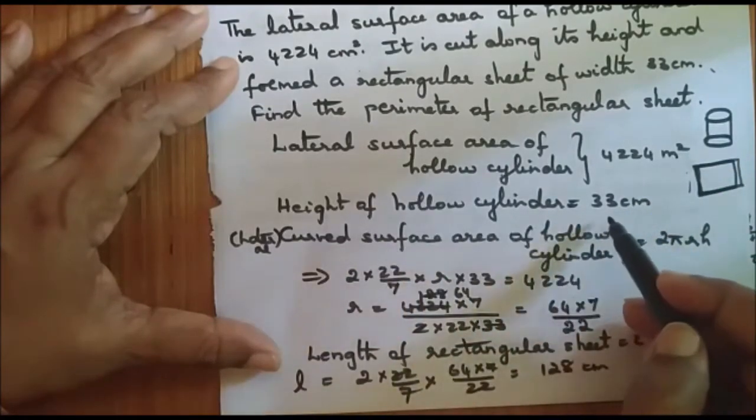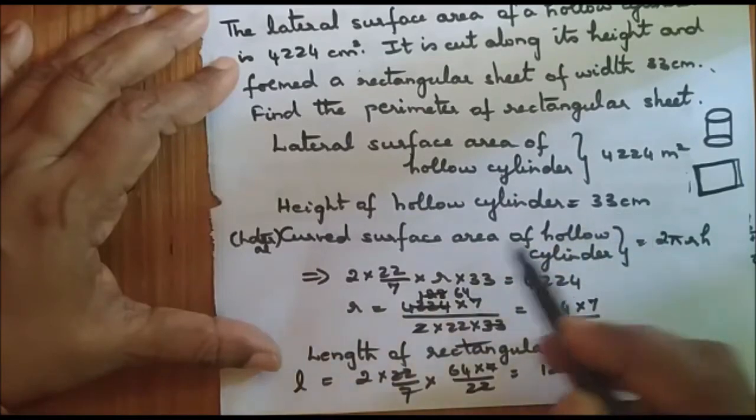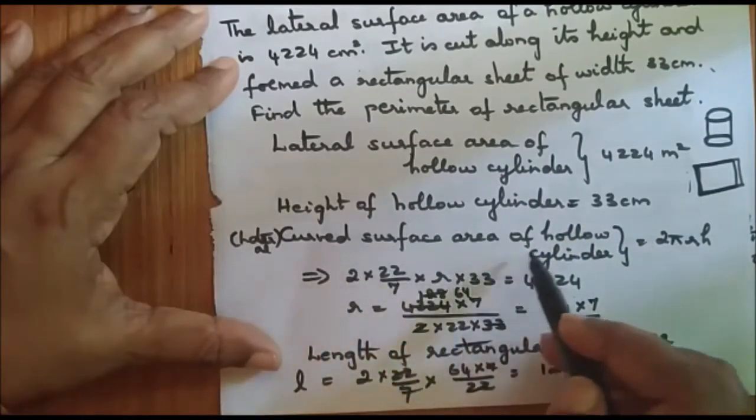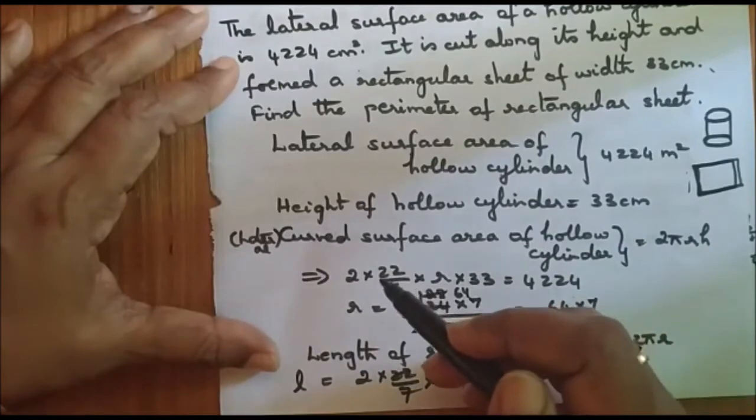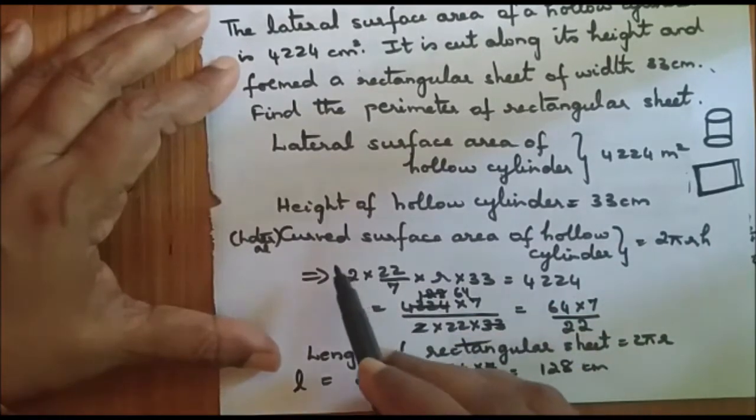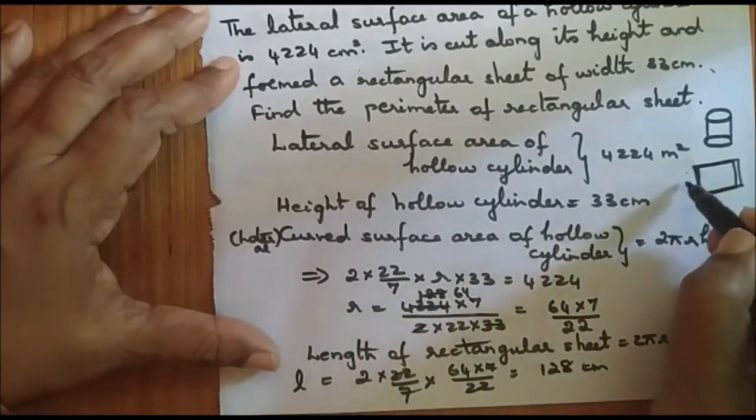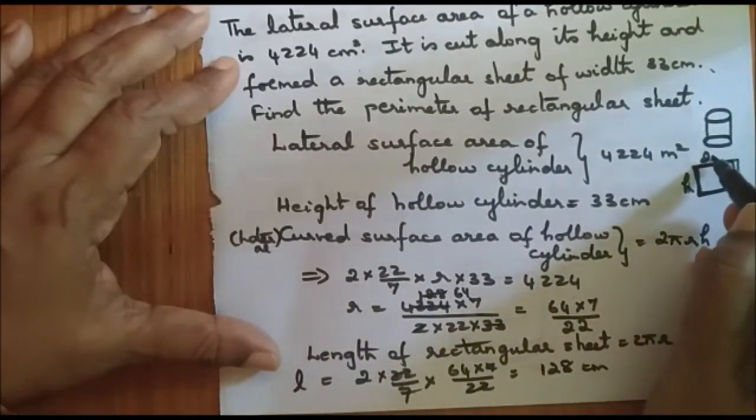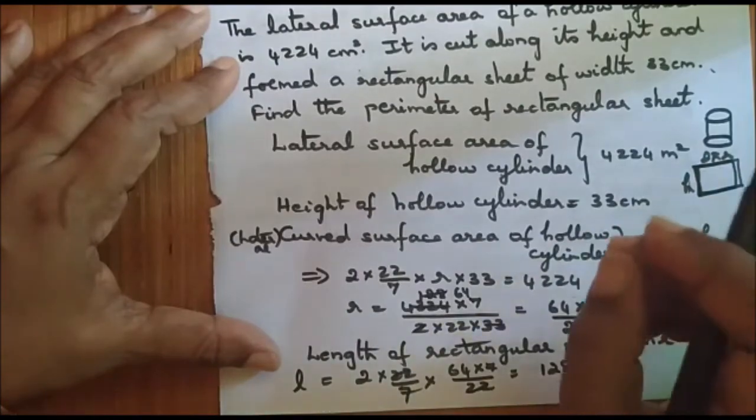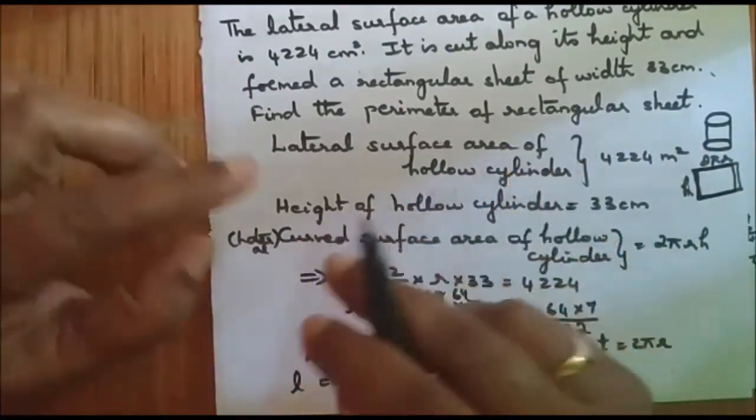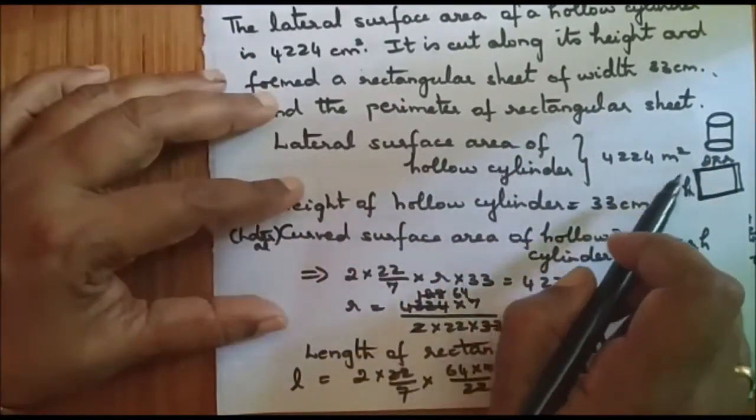The height of the hollow cylinder is 33 centimeters. Curved surface area. Curved surface or lateral surface, both denote the same. What is the formula for the curved surface? It is 2 pi r h. If this is h, this will be 2 pi r. I hope you understood. In the case of a rectangular sheet, if this is the height, then this will be